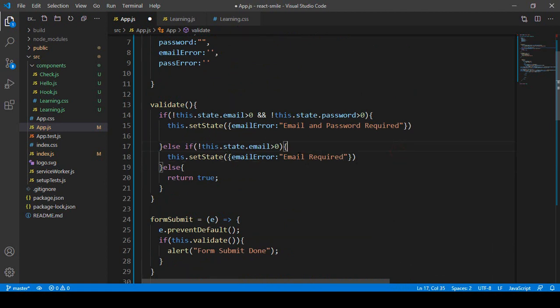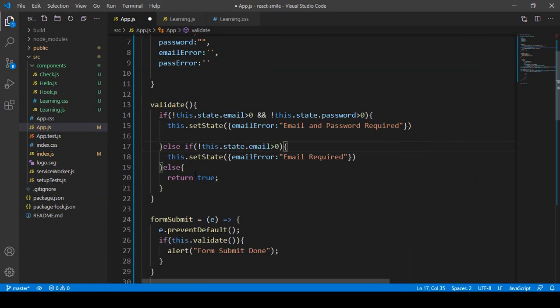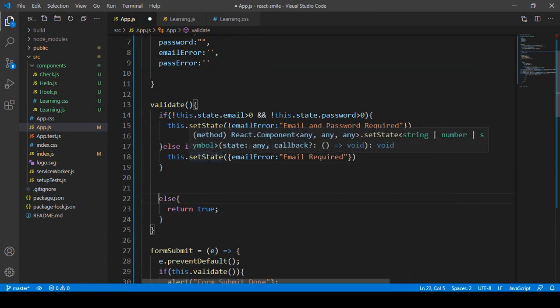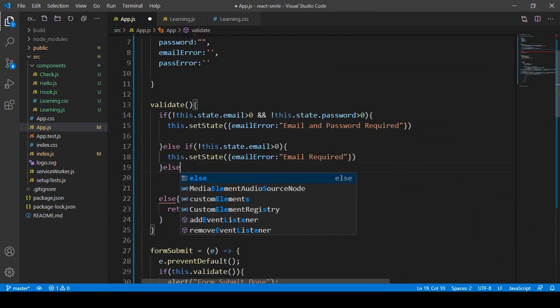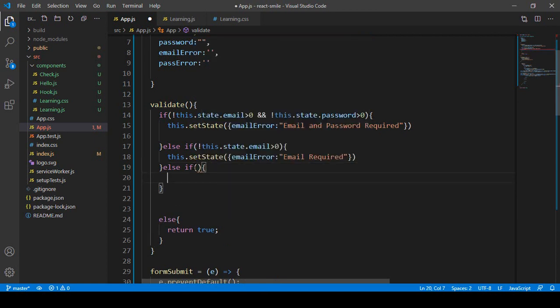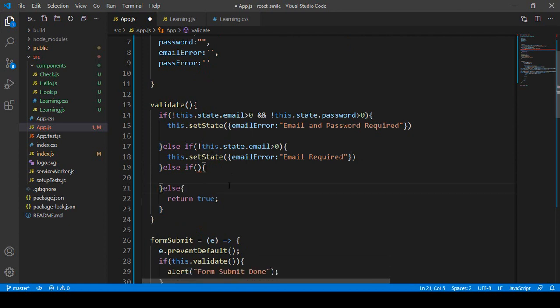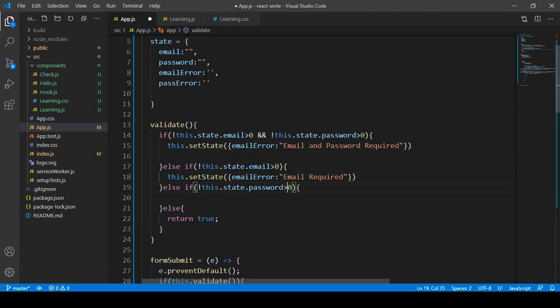And also there is another one, the password field. That means when our password field is empty, I want to add another else if. So after that I added another else if, and then our else. That means here the else should be added. Okay, our else will be here. So when our other field, the password actually, the same thing. When this state's password length is greater than 0, not, okay,